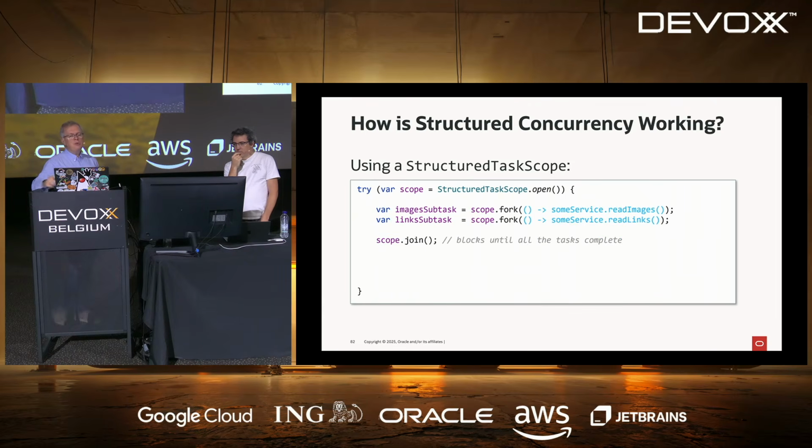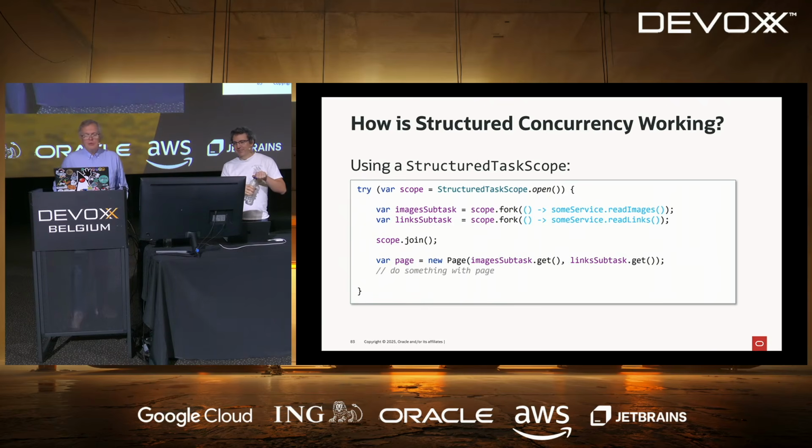And at some point, you need to call the join method of this scope object. And it is very important to call this join method because if you don't, you will get exceptions. If you call close without having called join, you will get an exception because you're not supposed to do that. And if you want to analyze your result before calling join, you also get an exception. So calling join is important. It's a blocking call, but it's a virtual thread, so being blocking is okay. This is what you should be doing.